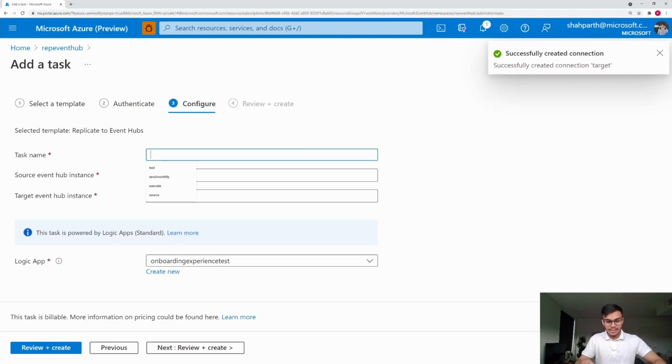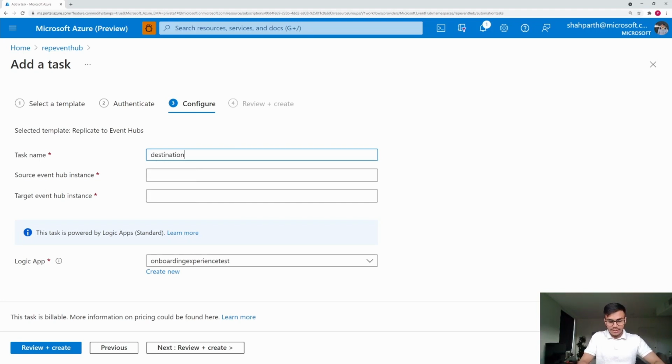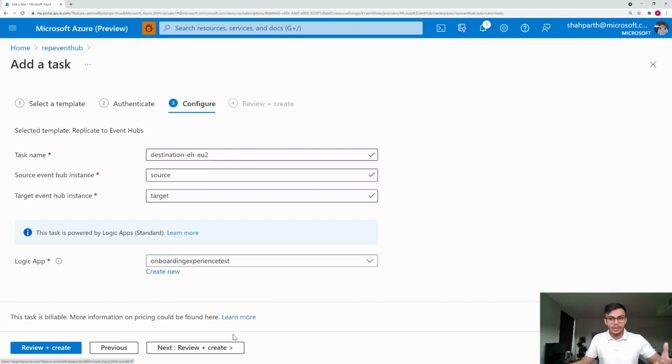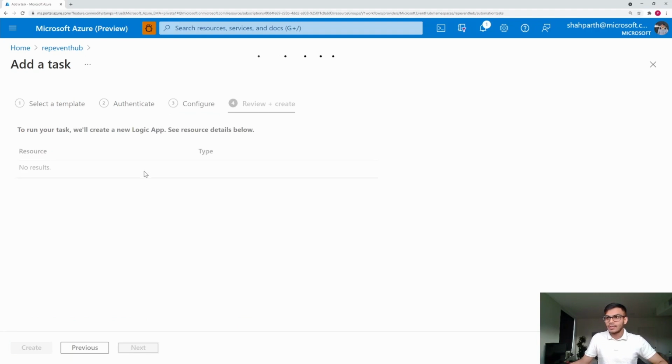I can name my task and provide the essentials. Here I am going to name it destination. The naming convention can also be found in the documentation, so please go ahead and give it a look. And this task will essentially be stored within this Logic App Standard. If you do not quite have a Logic App Standard, you can simply create new from this experience, and it will also create the other dependencies that will be required to power the Logic App Standard in this experience itself. So let's go ahead and go to the next